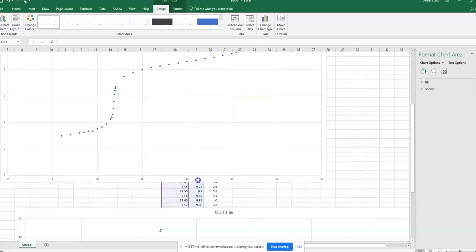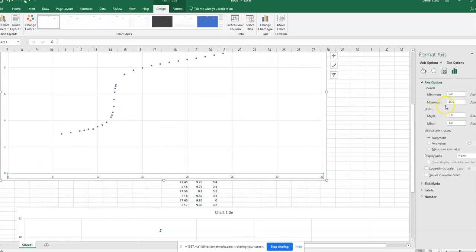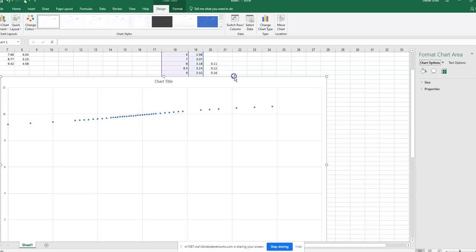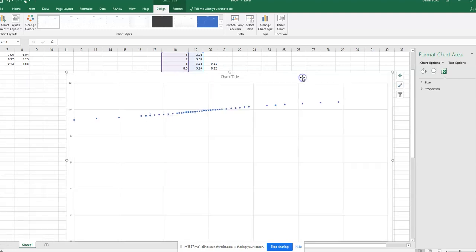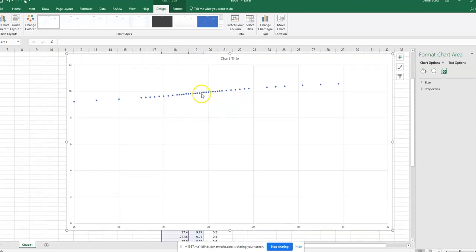So it's like 25 to 30. All right, so we can change the axis here, instead of 0 to 35, we can change it from 25 to 30. Does that make sense? Yes. Just play with the axes, just like we did with the spectrophotometer. But this volume here